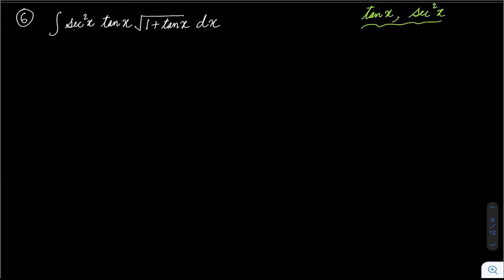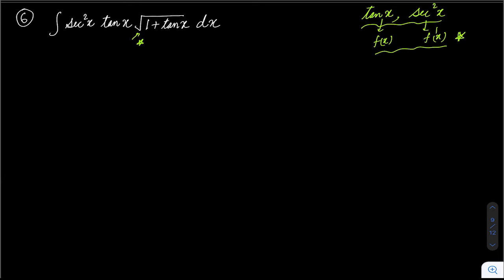Differentiation of tan x is secant square x, that we already know. So if this is f(x), this becomes my f dash x. Okay. So that's good. That's one thing. Now, second thing that worries me is we have a square root here, right? And remember what we studied, whenever there is a square root, we will try to eliminate that because that will make our question a little more easy. That's the only reason. So I have two things here. I have f(x) and f dash x that I have already identified, and I have square root here.